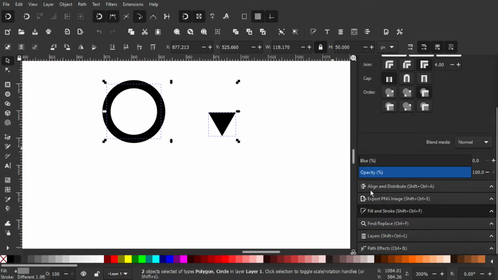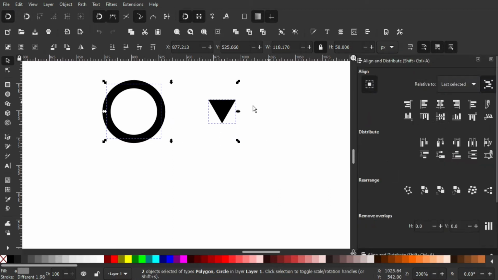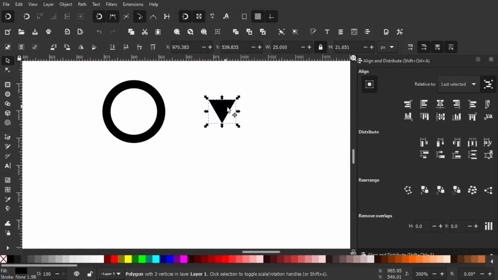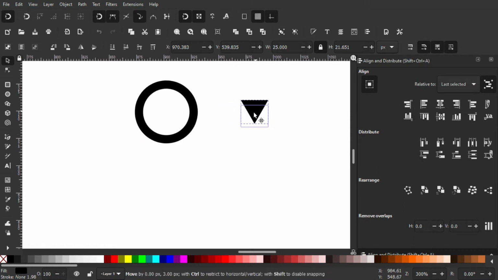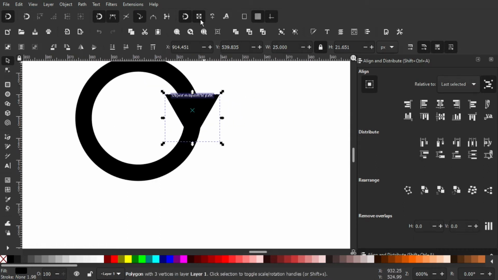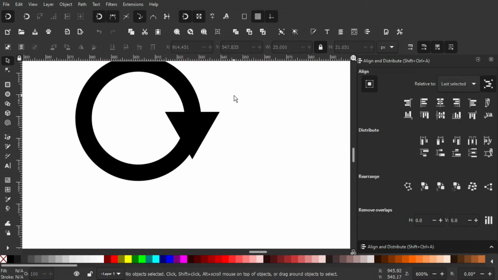Hold Shift, click on this circle, and now we're going to align it on the horizontal axis. Then select this triangle, hold Control, drag it to the right, and make sure you have snap centers to objects on like that. Now with your down arrow key, let's press it a couple of times: 1, 2, 3, 4. So 4 times, I think it's good.